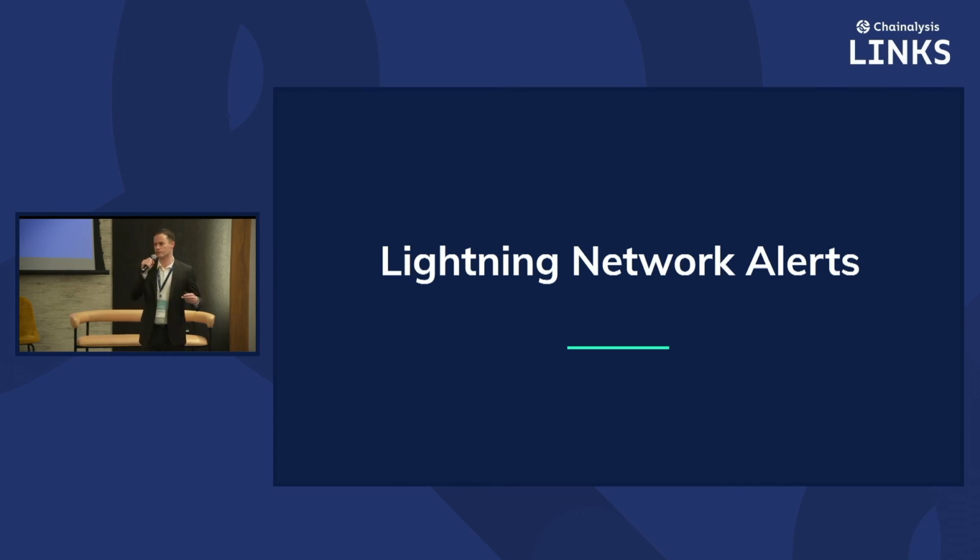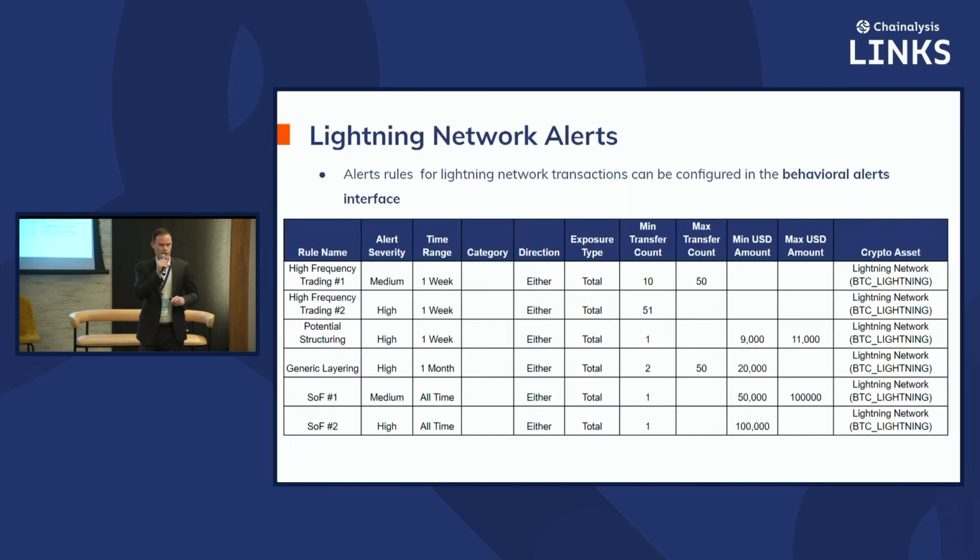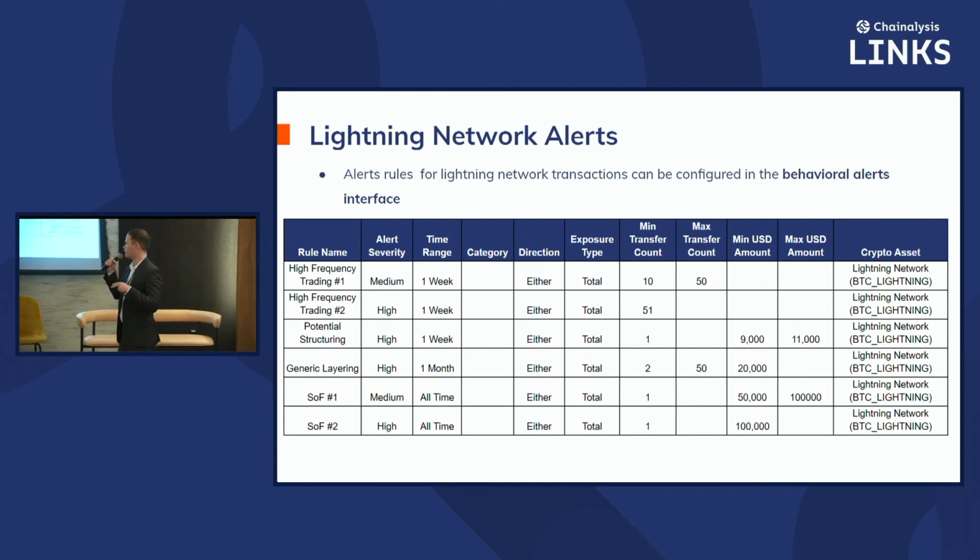So at a certain point, it would be very unusual and expensive to send funds through the Lightning Network that exceed a certain amount. You're just paying a very high fee there, and that's an unusual behavior. And suddenly that would kick an otherwise normal-looking transaction into a realm of, well, why are you doing this? Is it in the name of obfuscation? So you can create these value-based behavioral alerts,